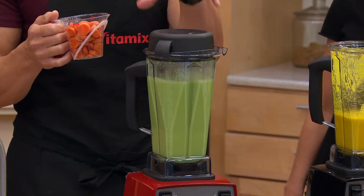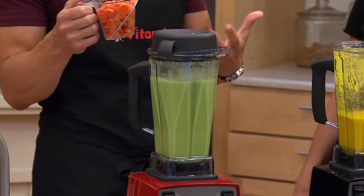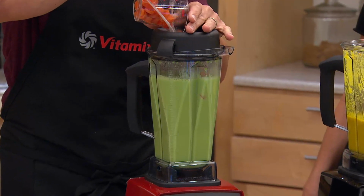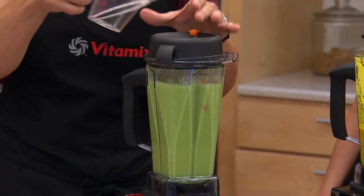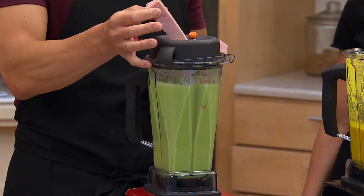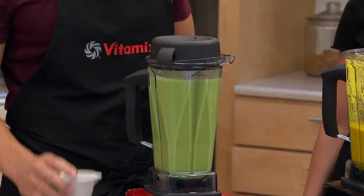One of the great things I love about Vitamix is being able to put ingredients in the top. This is the garden pea. We don't want that thoroughly pureed soup, so now we're going to add some ingredients. I'm going to add some carrots, okay? So we want to give that color and that little bit of texture, and I'm also going to add some ham. And here's the thing, you don't see me dicing the ham, it's just a big piece of ham I'm dropping in, putting in the other ham, and then just a little